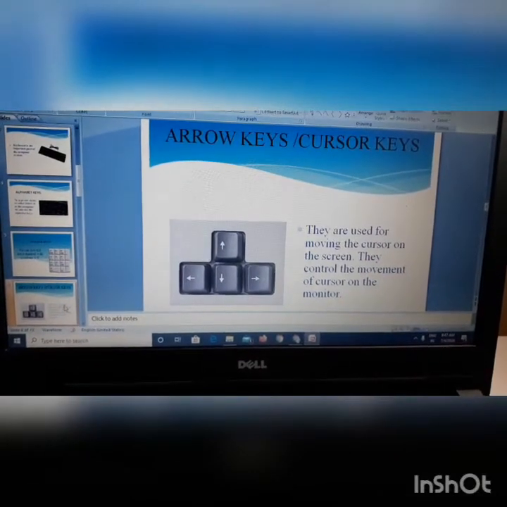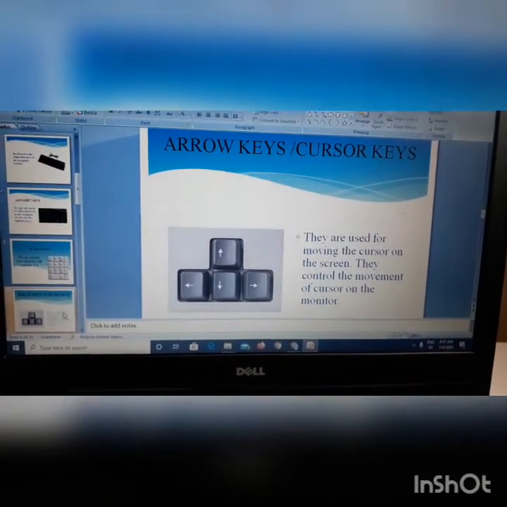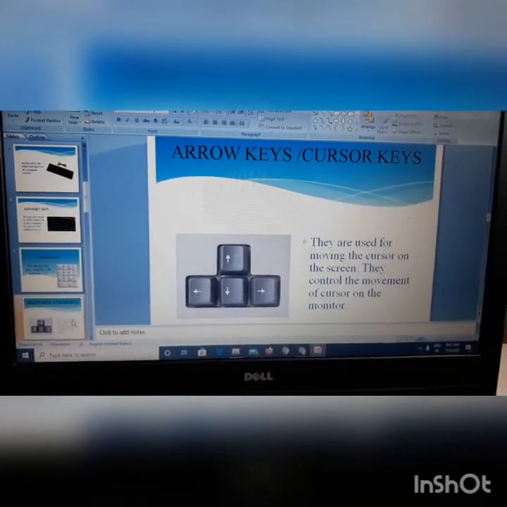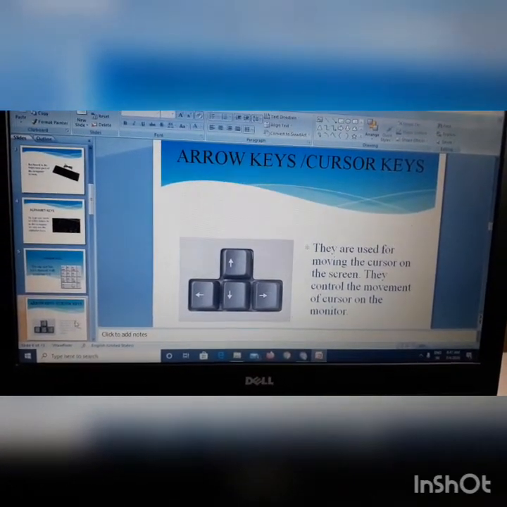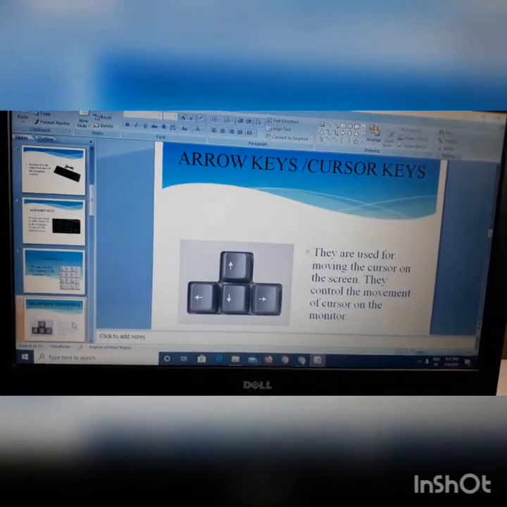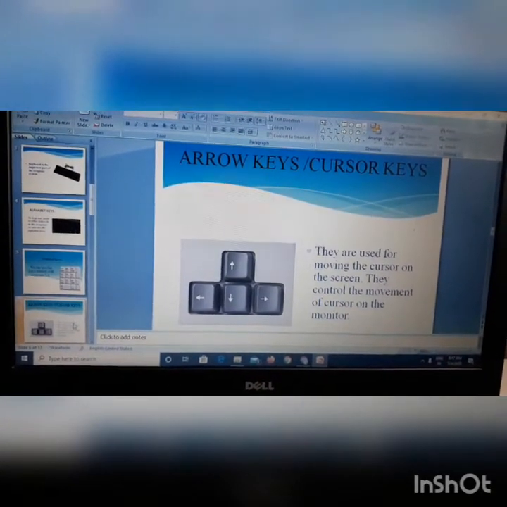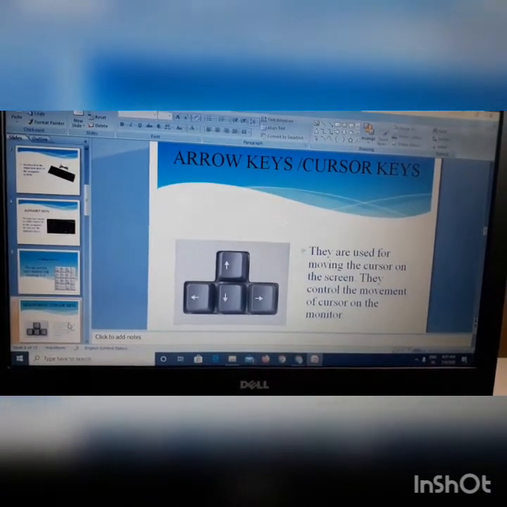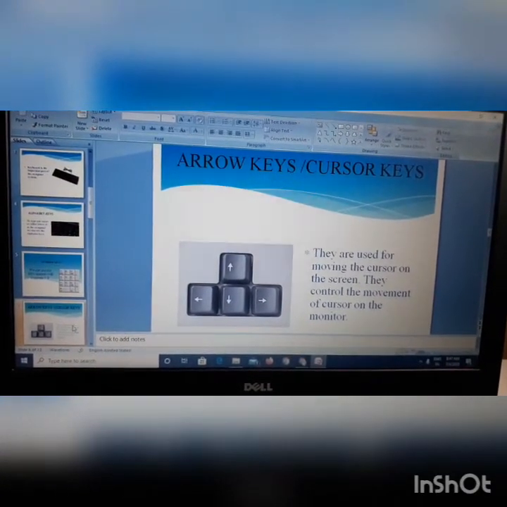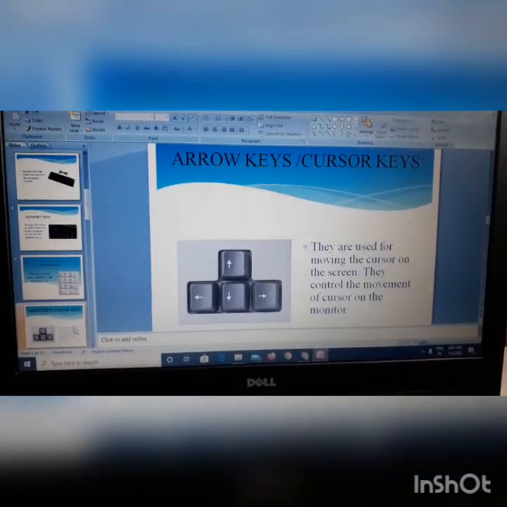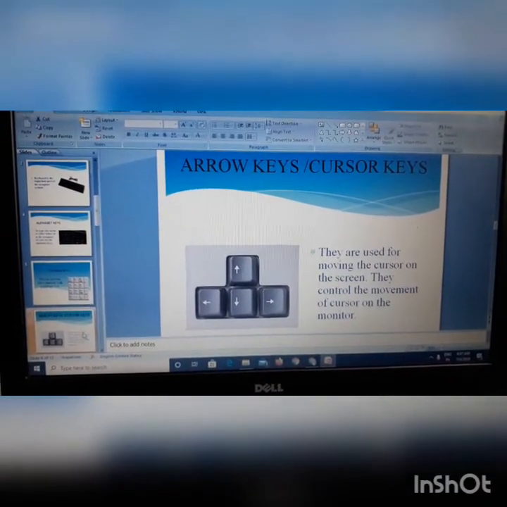Now let us see about arrow keys. Have you noticed the 4 keys at the right side of the keyboard, children? Yes, they are marked with arrow signs. They are called arrow keys. The 4 keys are called right, left, up and down arrow keys. They are used for moving the cursor on the screen.